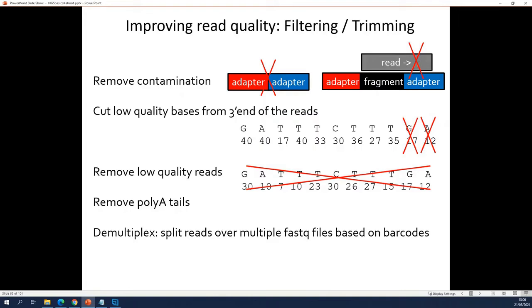What will they do? They will take the adapter sequence and align it to your reads. If your read matches the adapter sequence, they are going to cut it. They can also trim low-quality bases from the ends of your reads. You will have a tool that can remove reads with a low average quality. The tools can be used to remove poly-A tails from RNA-seq data. Normally your sequence provider does it, but you can use these tools to do demultiplexing.